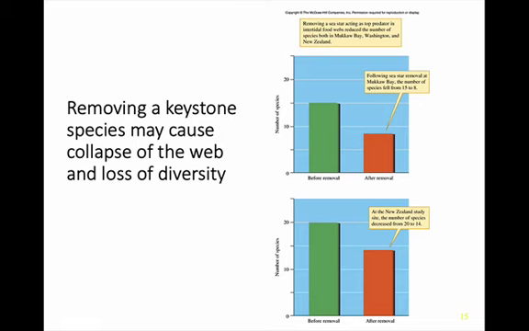We will come back to the idea of keystone species when we talk about landscapes, because some species are what we call landscape engineers, and although they're not predators, they are important in regulating diversity, and if you lose them, you lose a lot of species from the community. So,